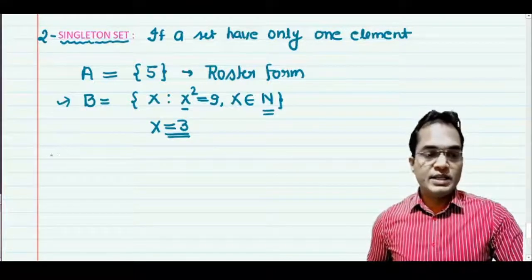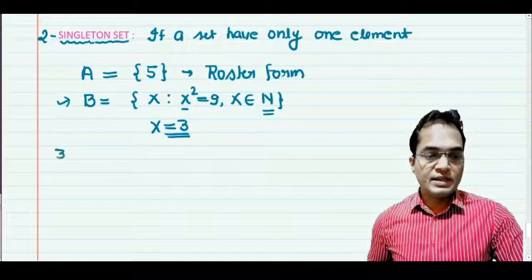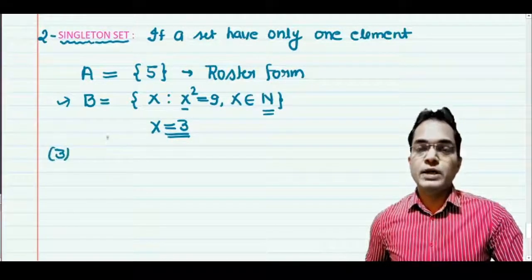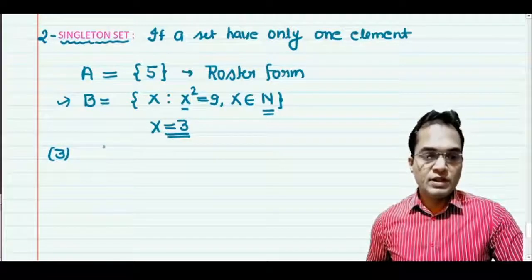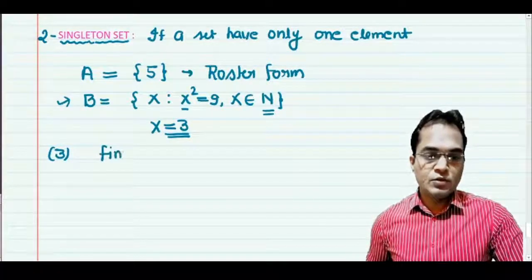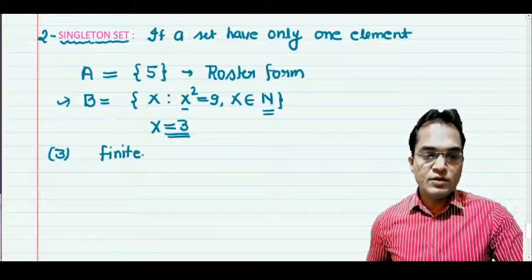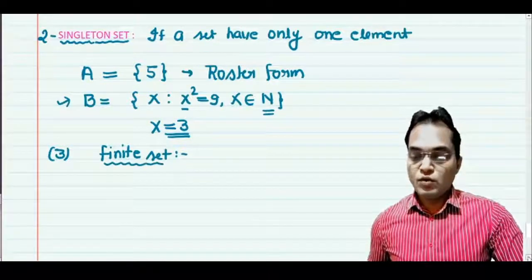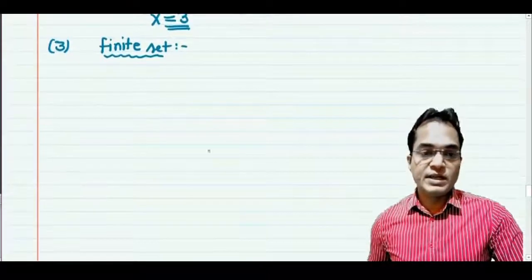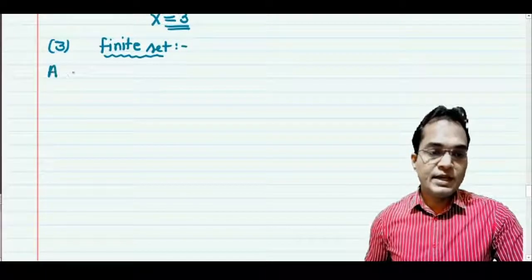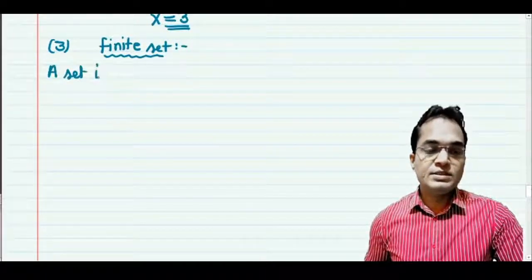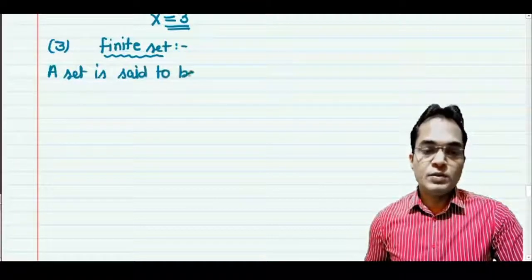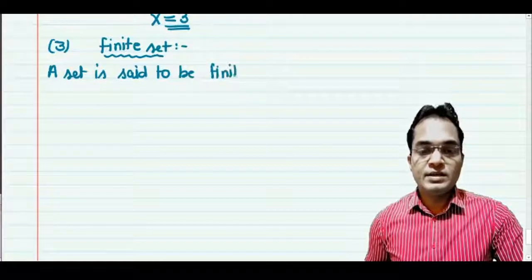After the singleton set, there is the third category. In the third category, there are two types of sets, and first is called the finite set. Okay, what is the meaning of finite set? A set is said to be a finite set if there are a finite number of elements. Write down here, a set is said to be a finite set